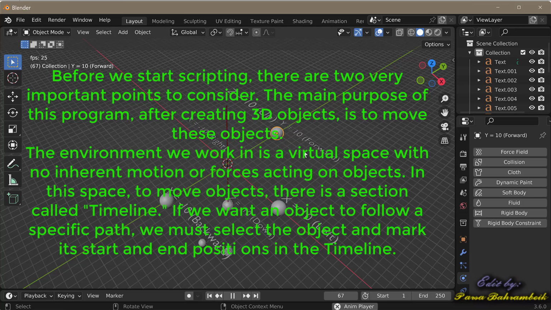If we want an object to follow a specific path, we must select the object and mark its start and end positions in the timeline. However,